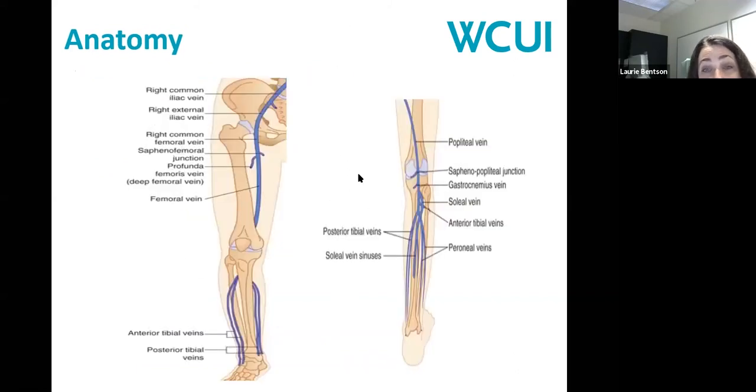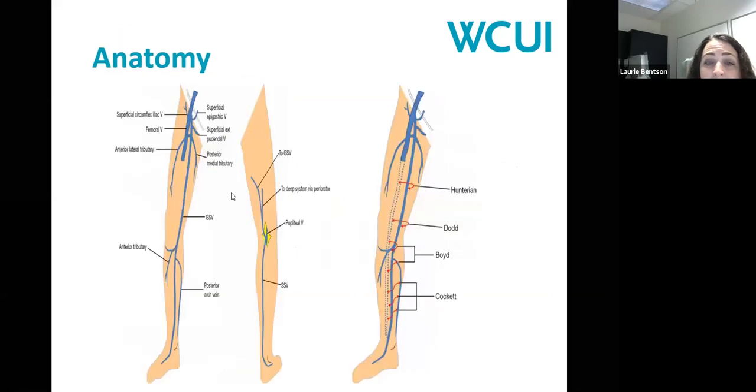In our leg, we evaluate these vessels with our ultrasound system. We typically are starting in the right common femoral vein here. Right here in the common femoral vein, and then we are evaluating the deep system through the femoral vein and into the calf veins. Here's the posterior image with the popliteal vein and our superficial system,